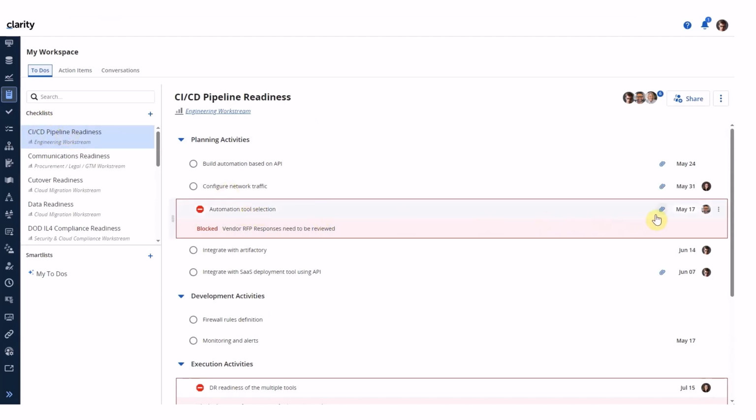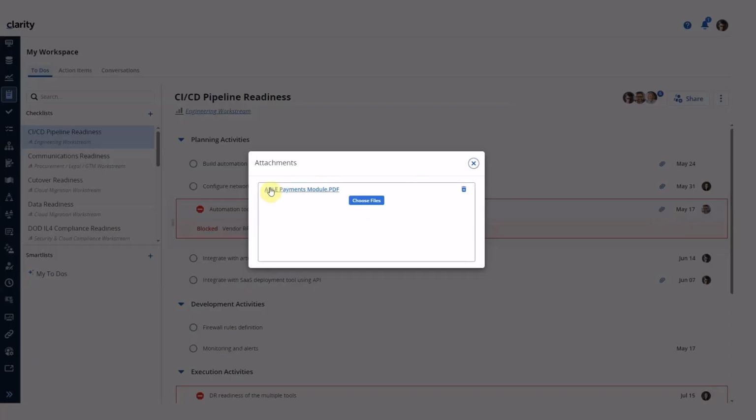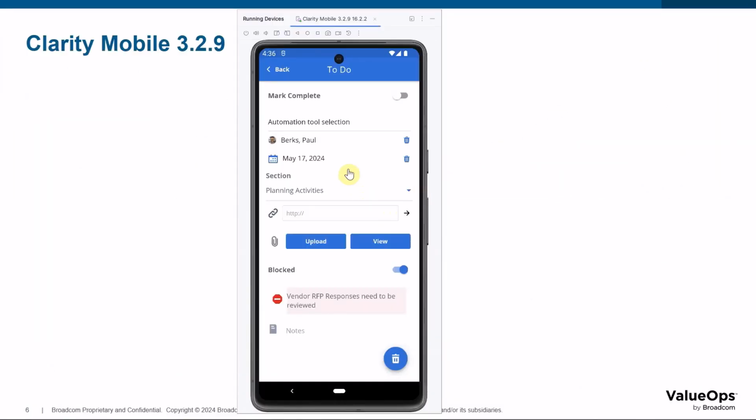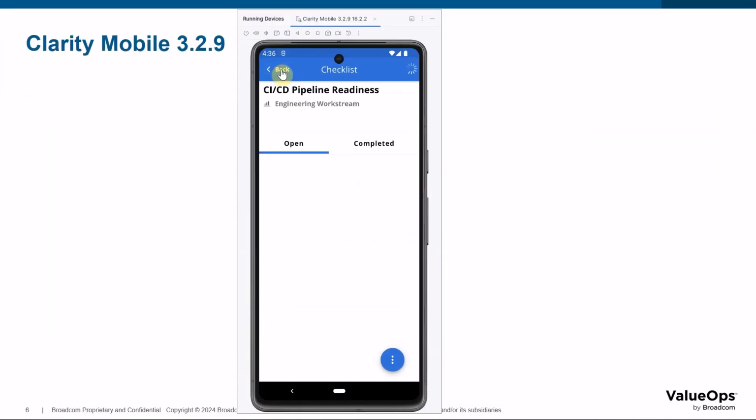The automation tool has the attachment icon enabled. That means there is a file attached. If I touch on it, I see the same Able payment module file. Touching on it, it will download and open it up for me. All right. If I go back out, I would see another to-do